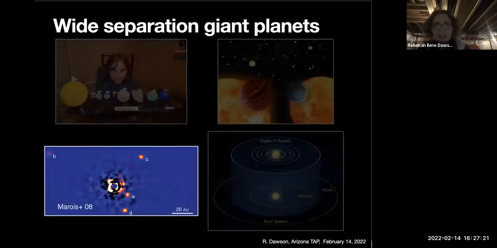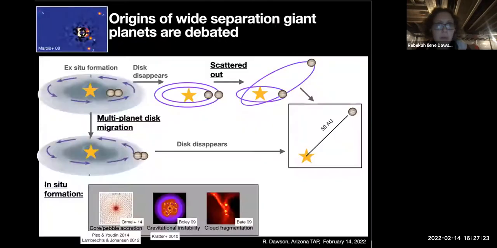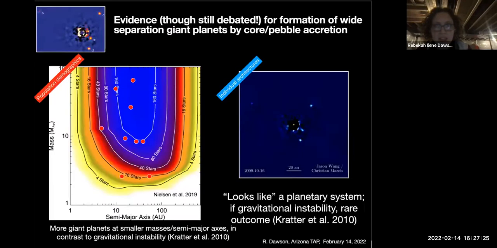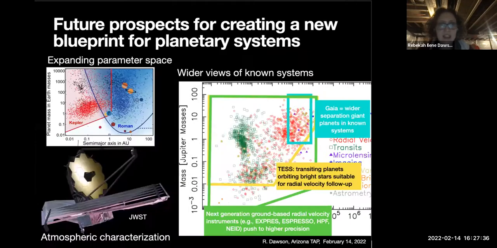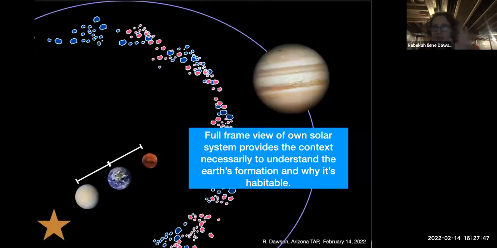I'm going to skip this very brief part about wide separation planets and super briefly touch on this. Right now, we have this very fragmented view of planetary systems because of the different detection techniques, and future missions and surveys will both expand our parameter space and give us more dimensions on each known system. We can try to put things together like we do in the solar system to get a full story of each system,